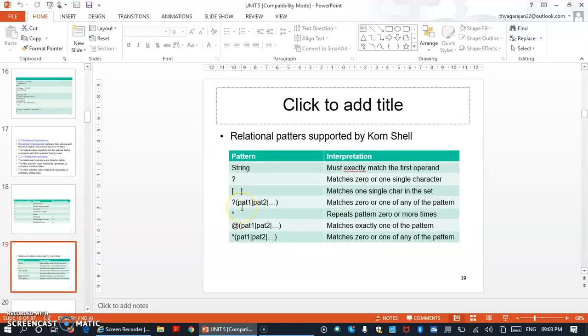There are some examples of relational operators used with strings in the Korn shell. Coming to the question mark, it matches 0 or 1 single character, and a bracket matches one single character in this particular set. So the question mark is followed by a pattern, 1 or